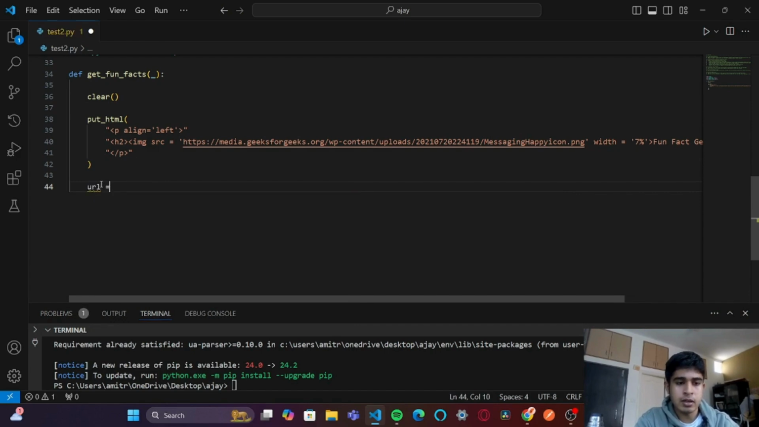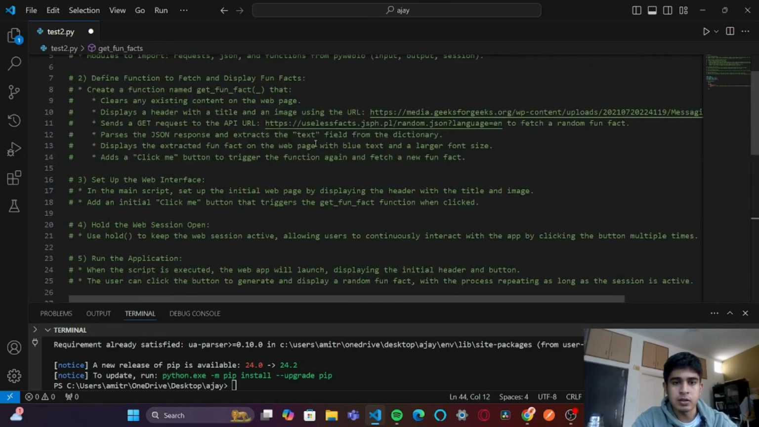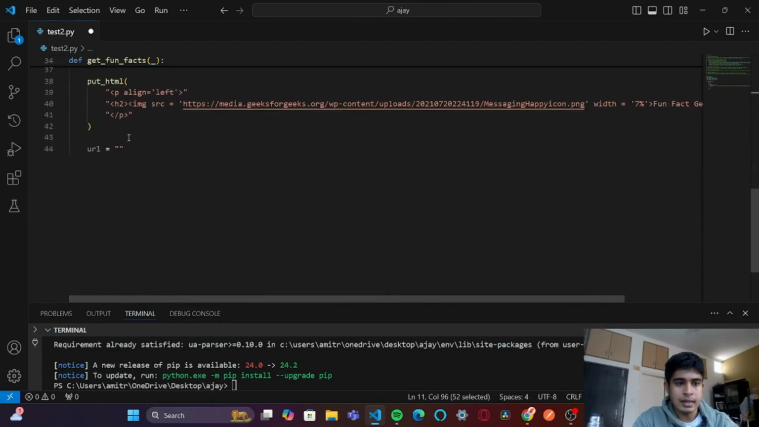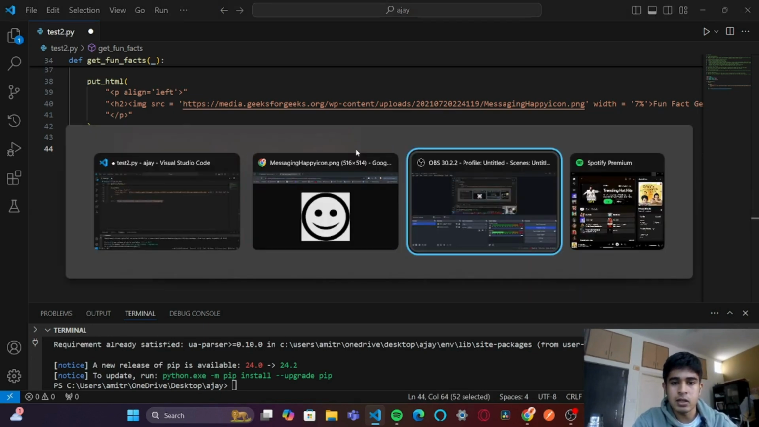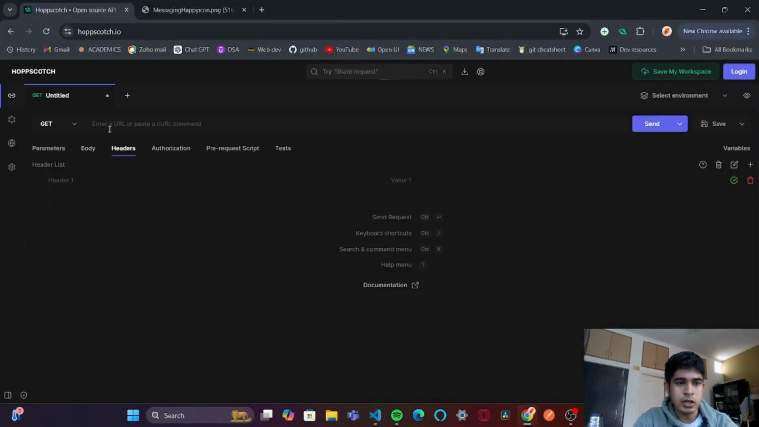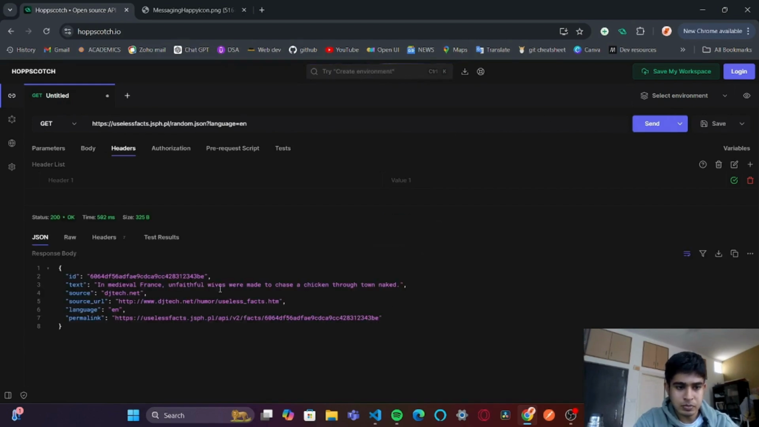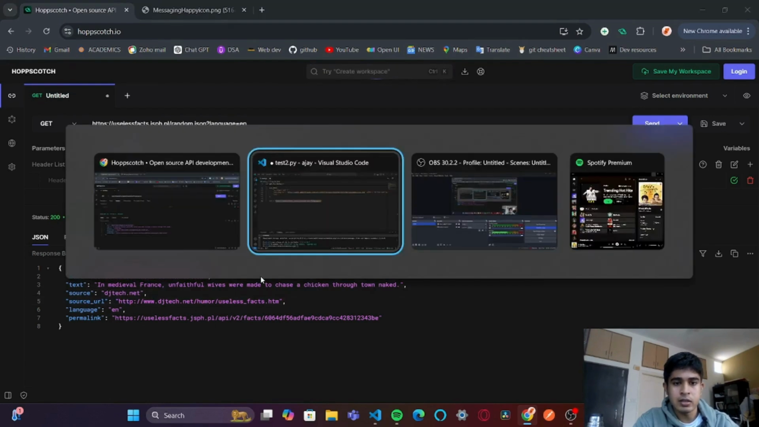Next we will define a URL, which I've given here in the algorithm. This is the URL that we are going to access. This is the API from where we are going to get the fun facts. We can explore this API using Hoppscotch. Control C. If I go here, Hoppscotch and Control V. If I send a GET request to this API, you can observe I'm getting a JSON response, and the text here says this is where I get my fact. All right, so let's go back